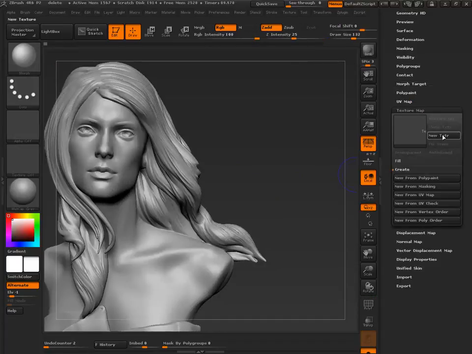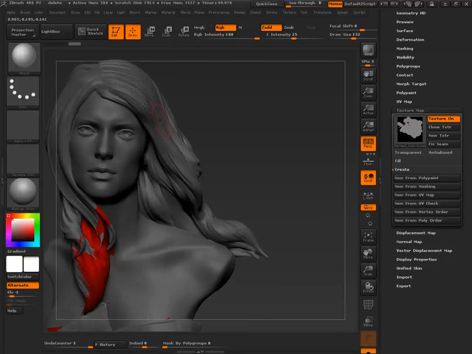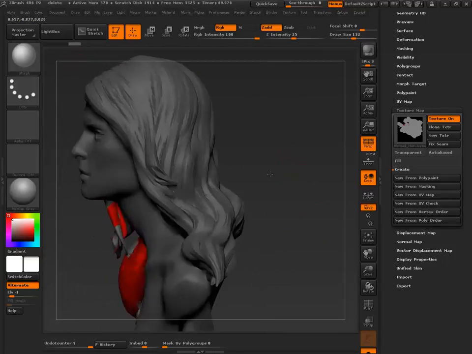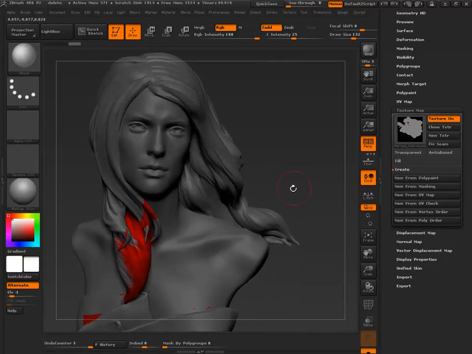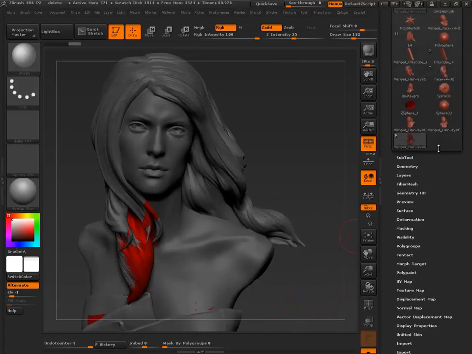Check my new from UV check. Oops. And I've lost all my undos.